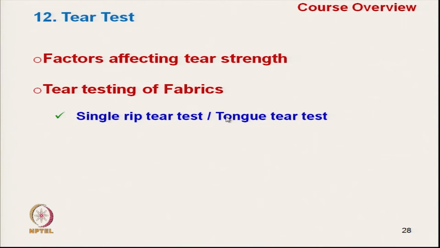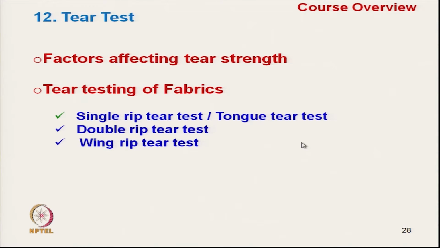There are different types of testing. It is a single rib tear testing, which is known as tongue tear testing. So, we will discuss this testing. Then double rib tear testing, wing rib tear testing and element of tear testing. Okay. Various tear testings we will discuss, and the first 3 testing, single rib, double rib, wing rib testing, it requires